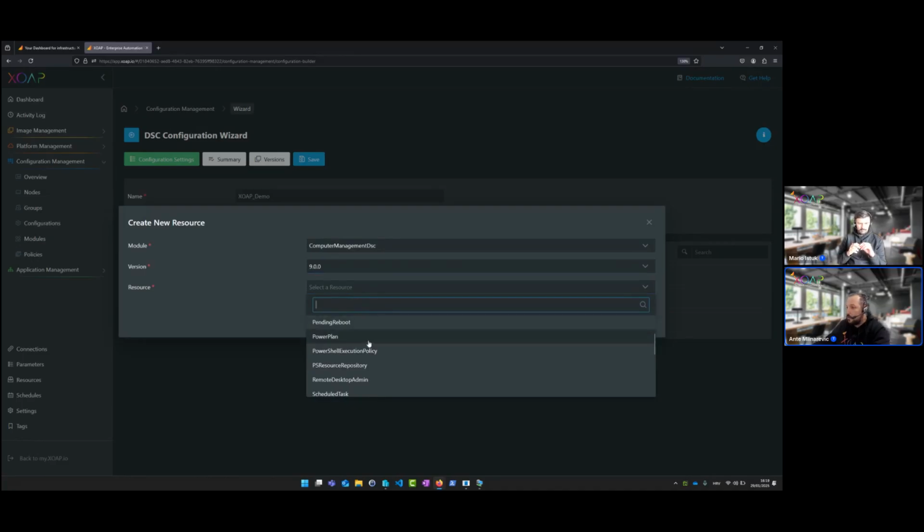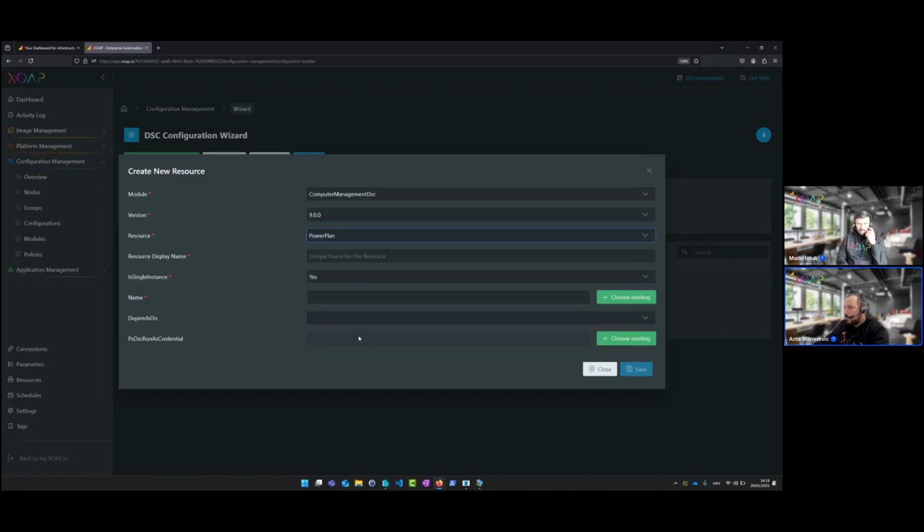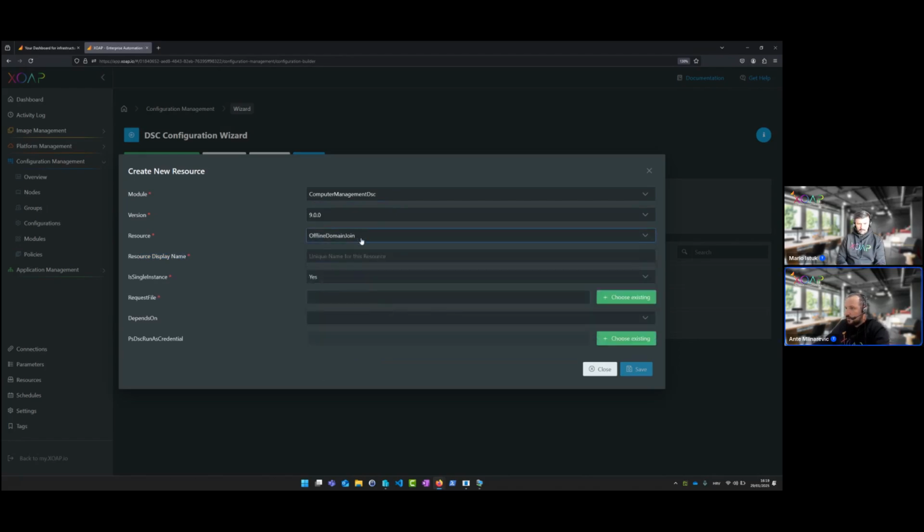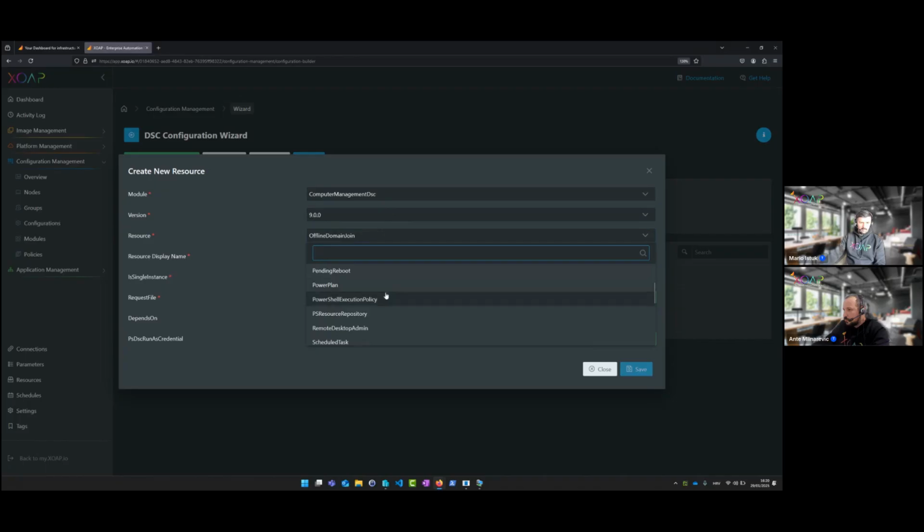So for example, if I want to change the power plan, I just select power plan, provide which plan will be used and click save. Also provide a display name. Maybe something a little bit more complicated, like